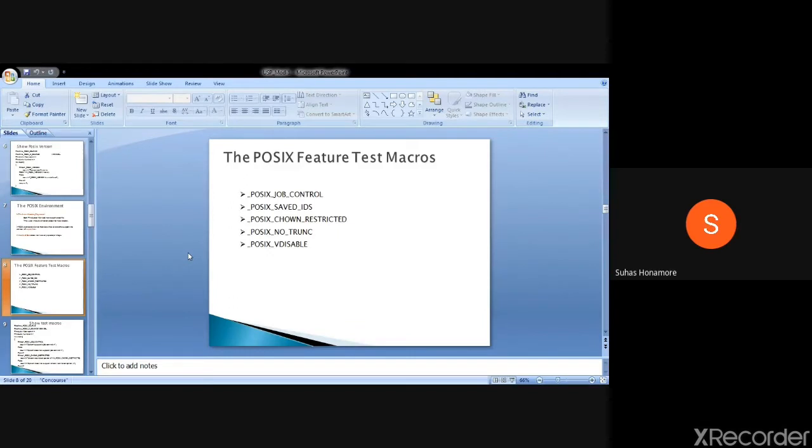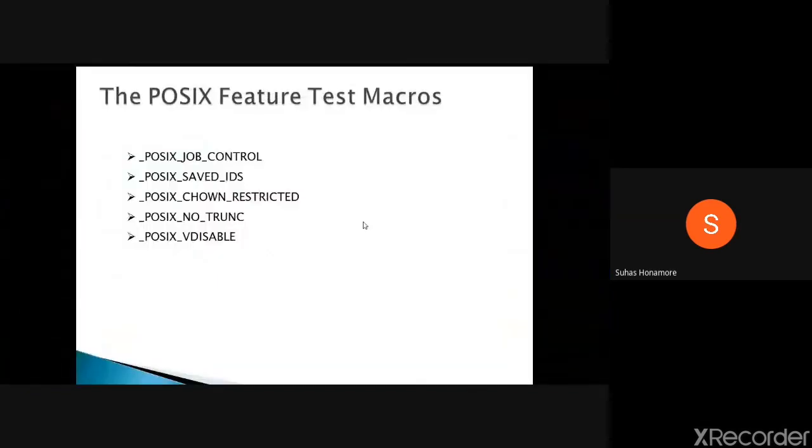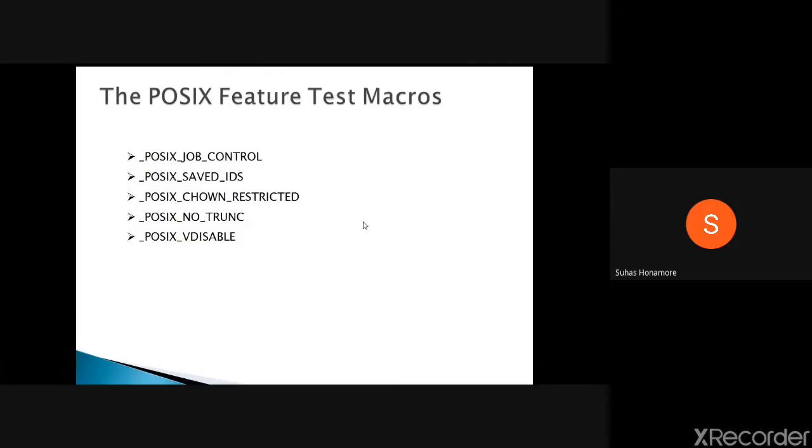Okay, so POSIX feature test macros. These are nothing but some Unix features that are optional to implement on a POSIX configuration system. So it's not mandatory to implement all. But some test macros are there that will be defined inside a